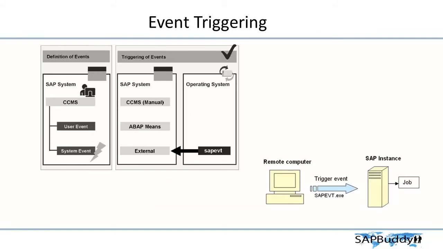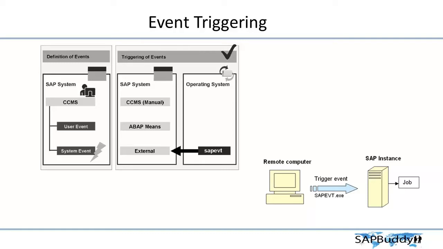Now let's see how do we trigger this event from an operating system. So far what we have seen is from inside the SAP system. So what happens is you don't trigger this manually. You created this event, and you will use it in your ABAP program. Let's say if you run this ABAP program, then you will have some validation. If this validation is valid, then you will say okay, trigger this event. Based on the event, it will execute this program and whatever is related to that event. This is the way we can use the event to trigger some particular